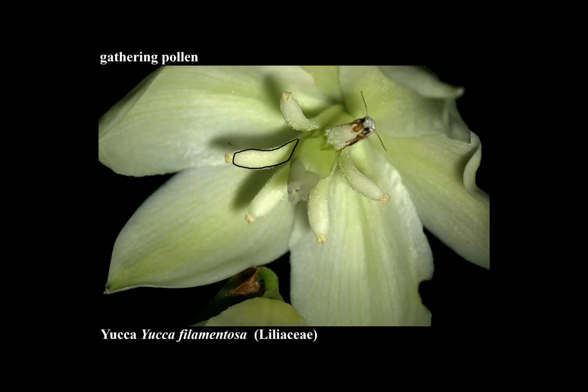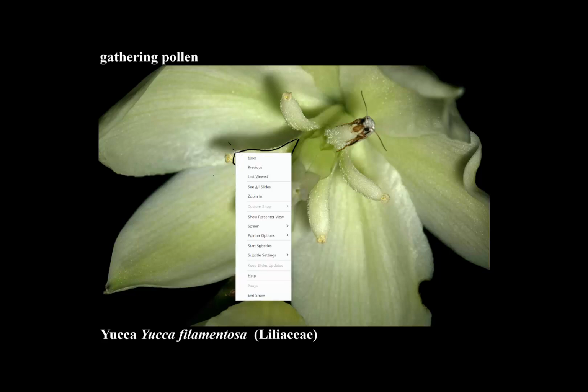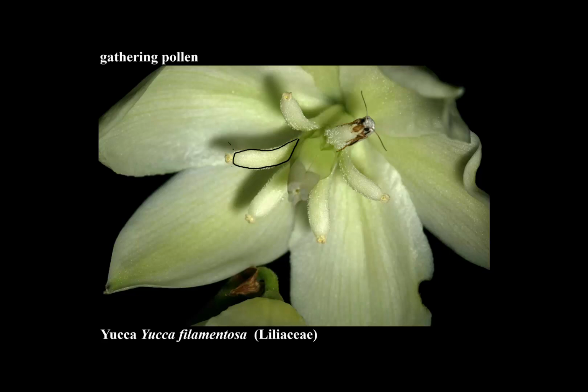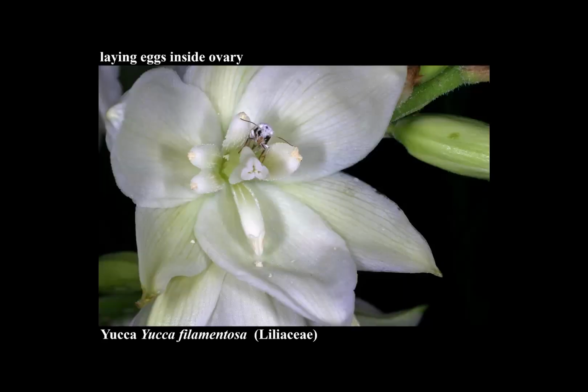And the anthers are comparatively small, but they're anthers, and they contain pollen right there. And what she does, the moth has very specialized mouth parts that can be used to gather pollen from the yucca stamens. The next thing she does is that she flies to another flower, and at the base of the flower